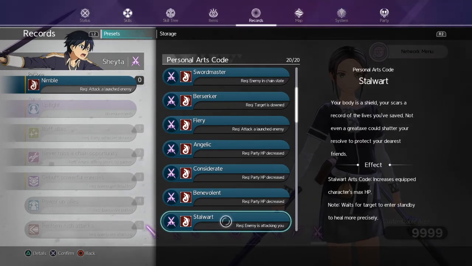Stalwart increases equipped characters' max HP. This is something I would say get, because say you're just starting out extreme raids or even normal raids or divine beast, or if you're just going through story, this is something really good to build for a tank character. Like my Liz, I use this on her. Back in the day,